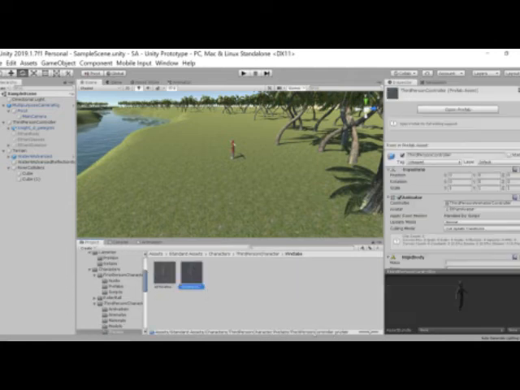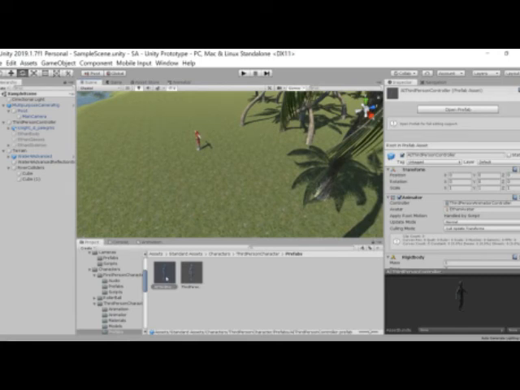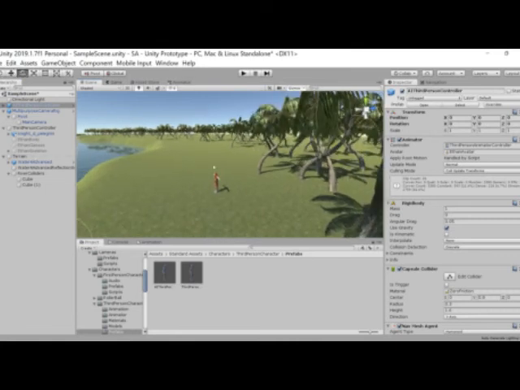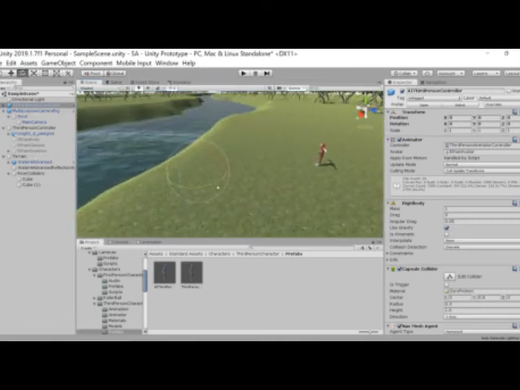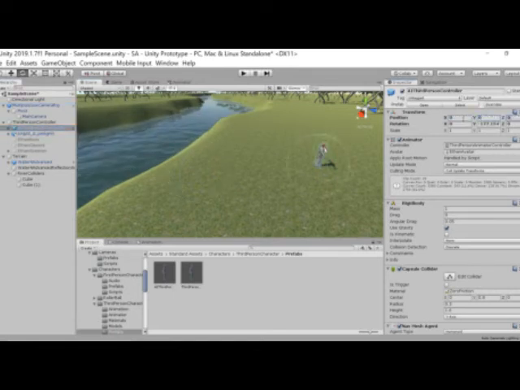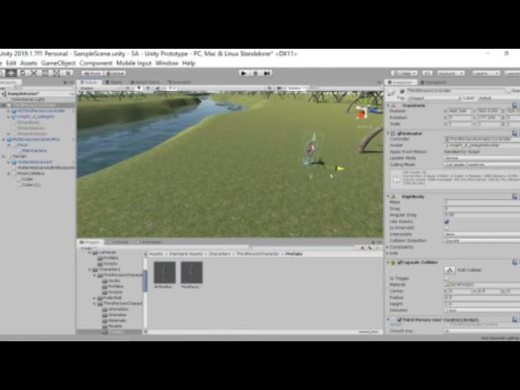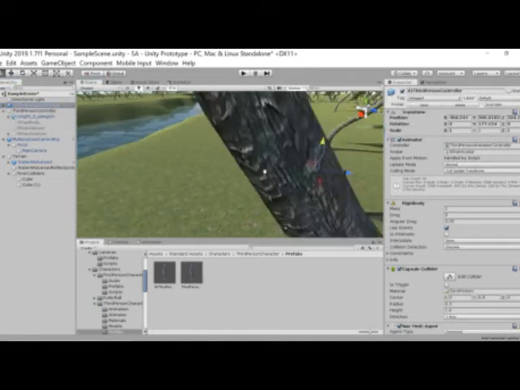Just looking at one more thing in the character, in the standard assets characters, third-person character prefab, you may have noticed when we picked out this third-person controller, there was another option for an AI third-person controller prefab. Let's take a quick look at what this does. So I can bring this into the scene, and oh, they are off somewhere else entirely. So let's just put them under here, set its position to 0, 0, 0, and move them back out, put them over here,